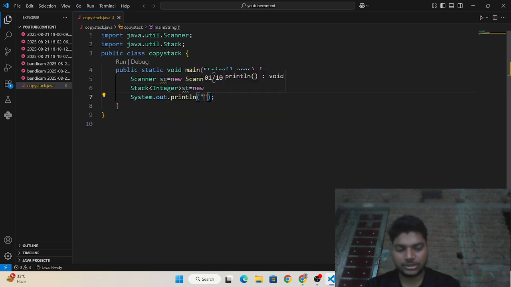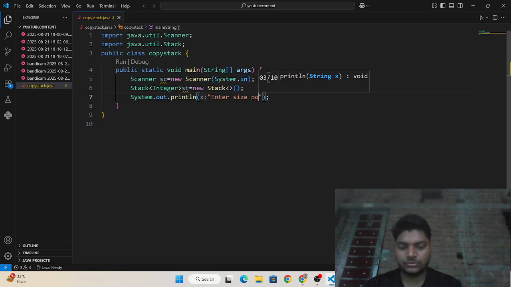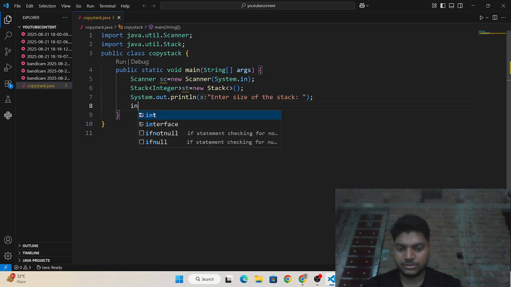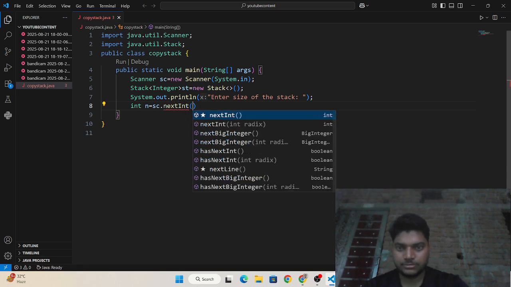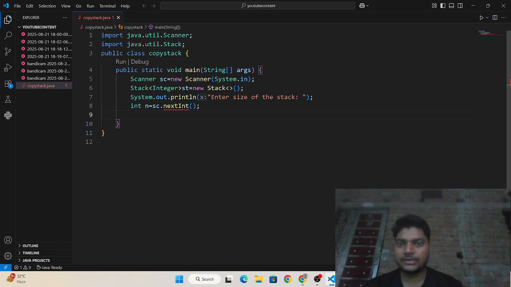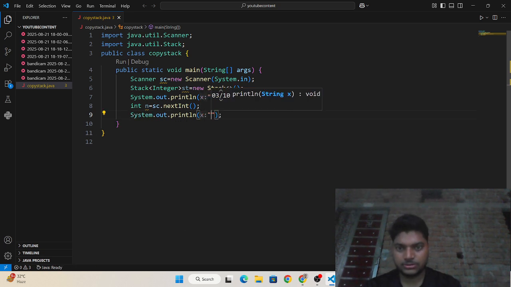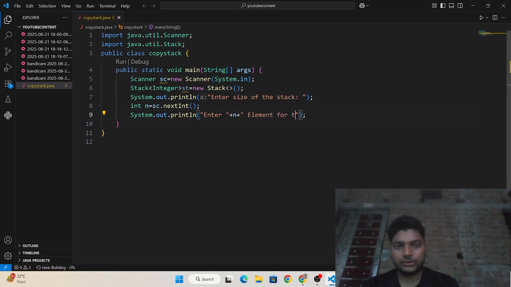Then write System dot out, enter size of the stack, int n is equals to sc dot nextInt. Then print, enter n elements for the stack.